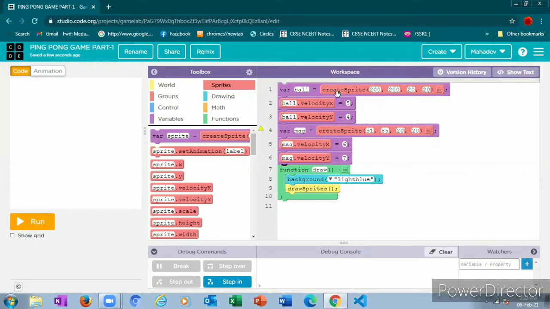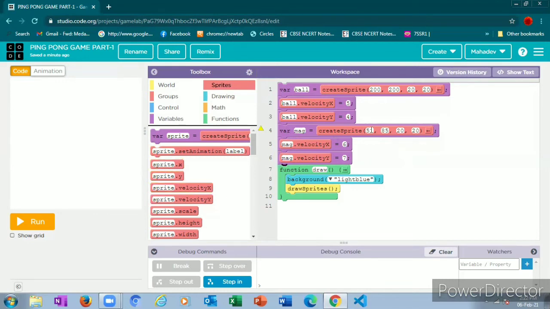So up to now we did all these things. We created a variable, and we animated the ball by giving velocity x, meaning moving left and right, and velocity y, meaning moving up and down. So this is how one ball is created. If you want to create another ball, same thing: take the variable and do all these things. Next, we want to move the other ball also, same thing.